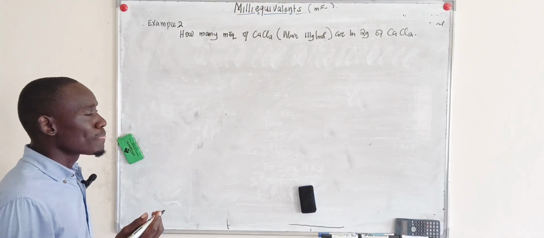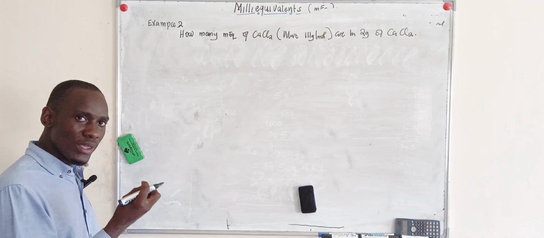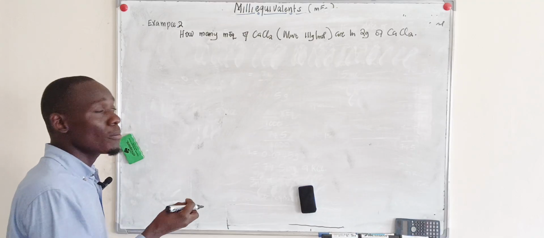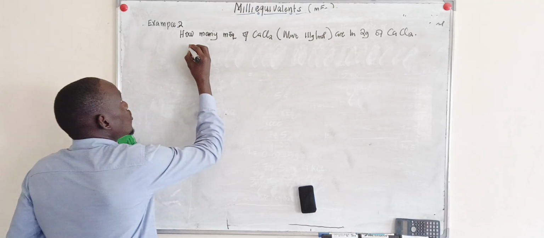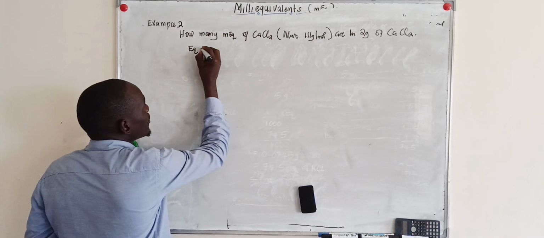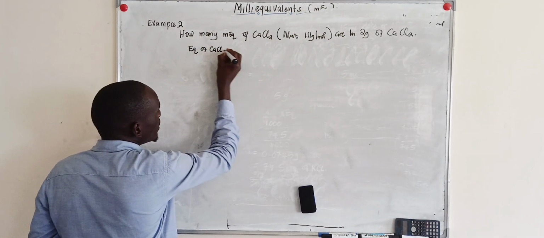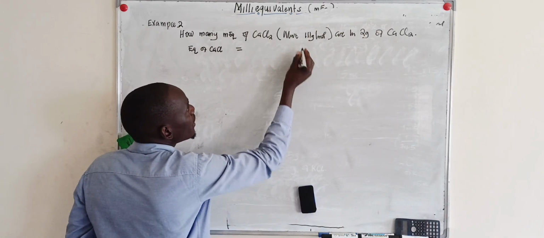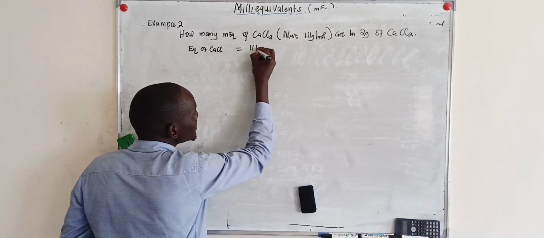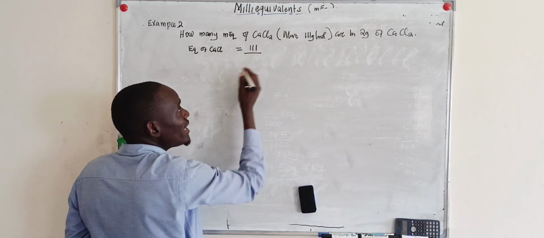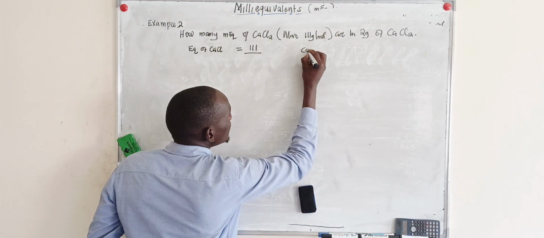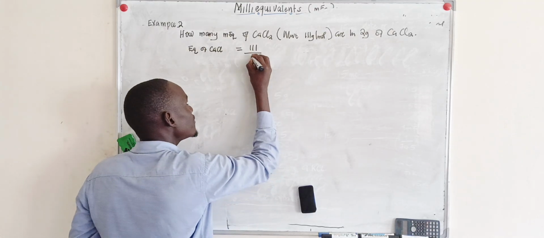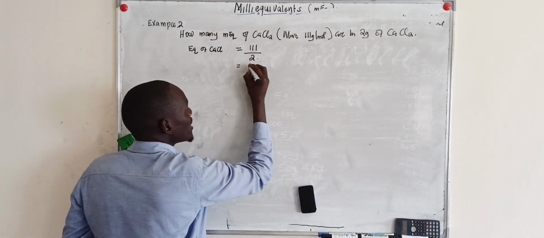But as I said, the first thing to always start with is calculating the equivalent weight of the compound given. So we calculate the equivalent weight of calcium chloride, which is equal to the molecular weight, 111, divided by valence. Calcium has a valence of 2, as we saw in the table. So we divide by 2, and the answer will be